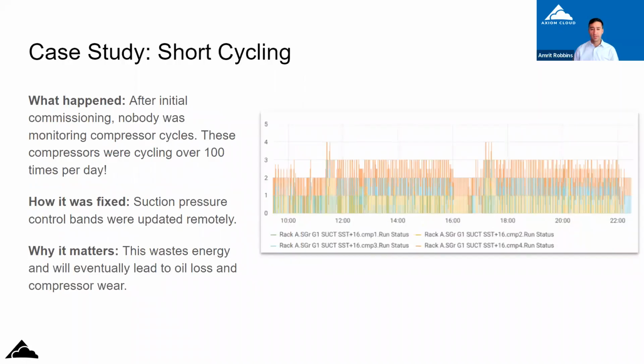So, here's another example where you can, just by looking at this data, see that these various compressors, each color representing one compressor in a suction group, are banging on and off all the time, many, many cycles per day, over 100 per day. And just like Trevor was talking about earlier, when a compressor short cycles, it starts by